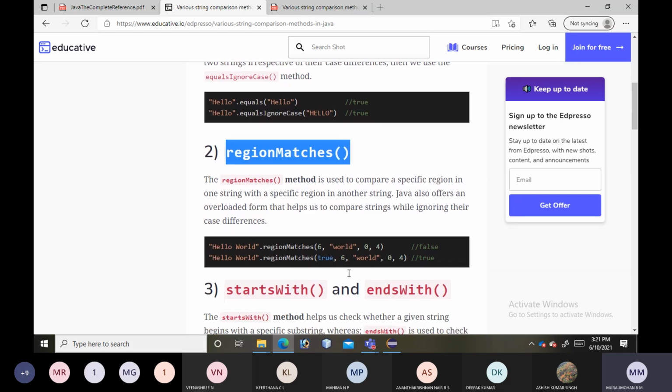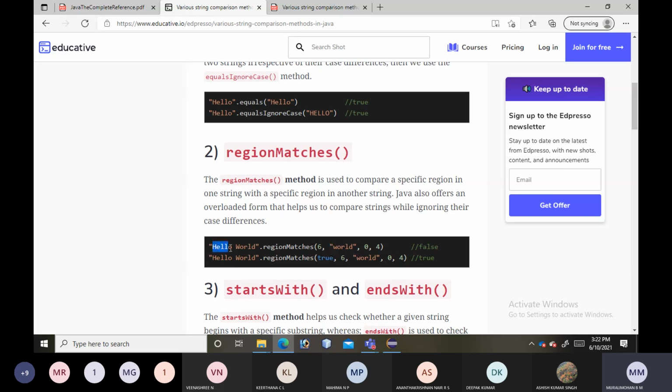Now you just observe here. Hello world is one string we are having, dot regionMatches of 6, from the sixth index we are starting. So this is the string 2 we are having. Kindly observe here.